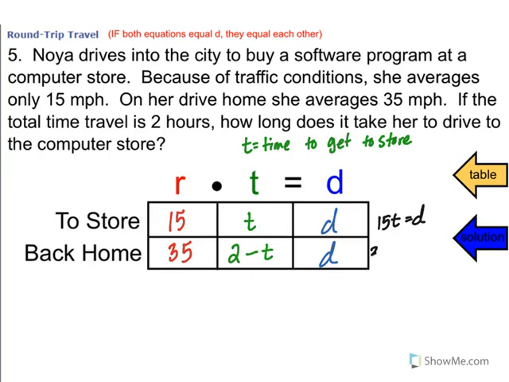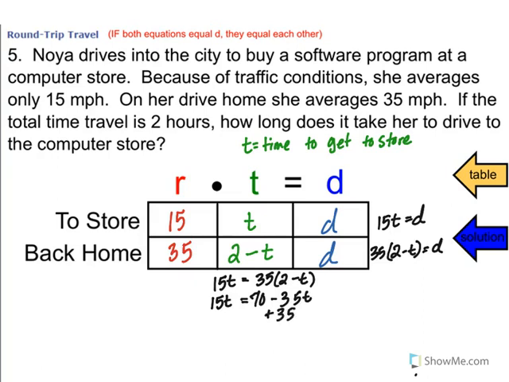When I'm writing out my two equations here, my first equation would be 15 times t equals d. My second equation would be 35 times 2 minus t equals d. So if I set these two equal to each other, we have 15t equals 35 times 2 minus t. 15t equals 70 minus 35t. Add 35t to both sides. 50t equals 70. T is equal to 7/5, or t is equal to 1